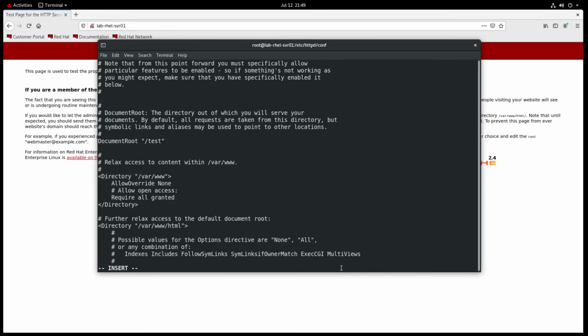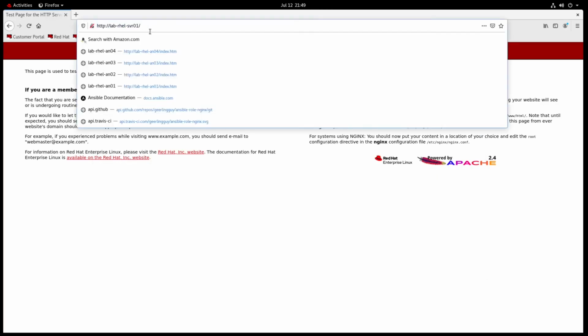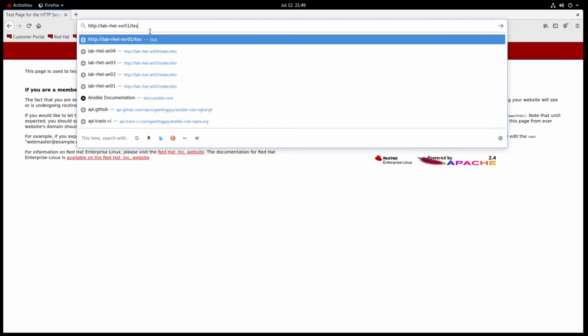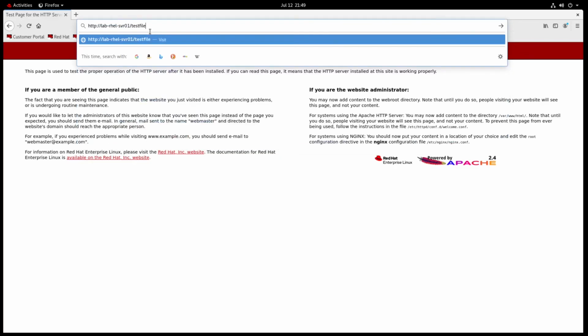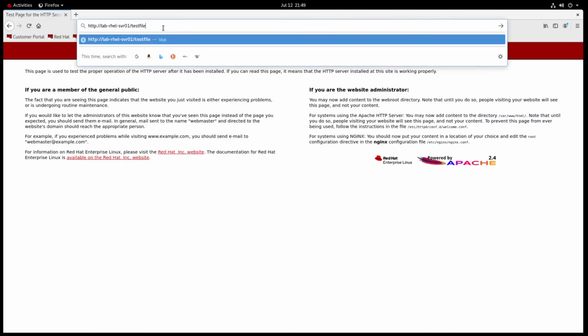And we will change this also to just test. We don't necessarily need to change this, but just for good measure, why not? All right, so this should serve up that web page. So if I were to do test file, oh wait, I need to reload Apache. Okay, test